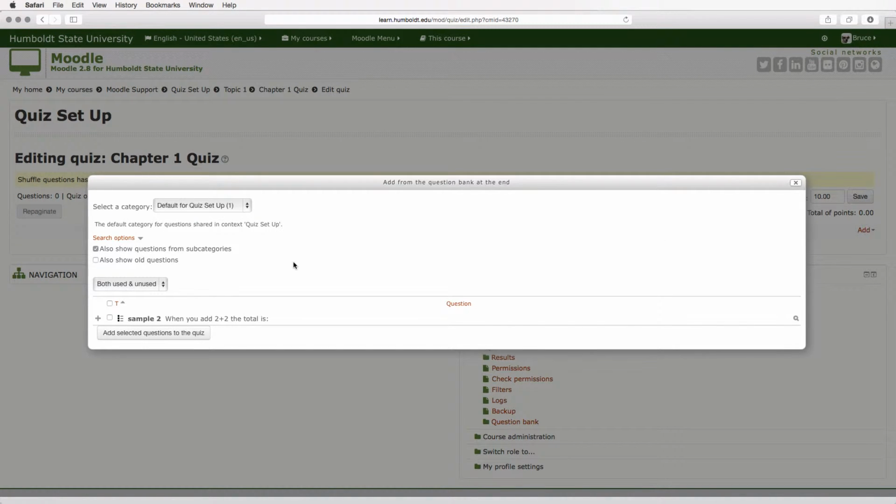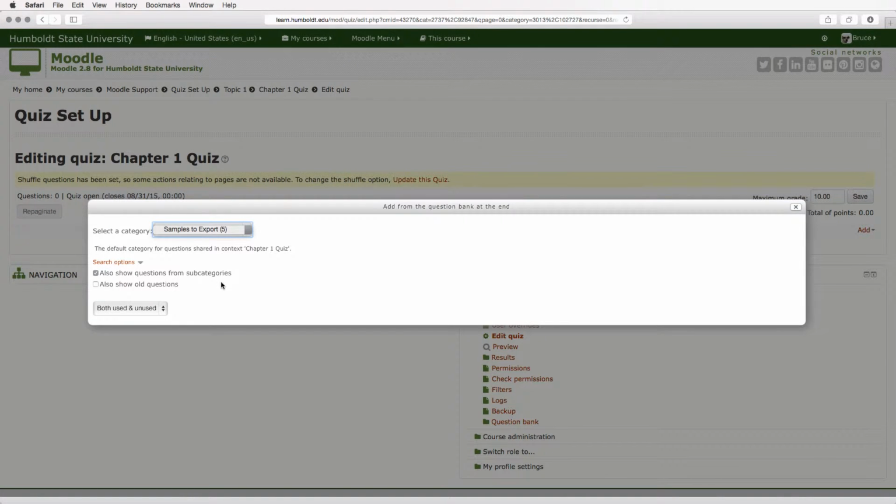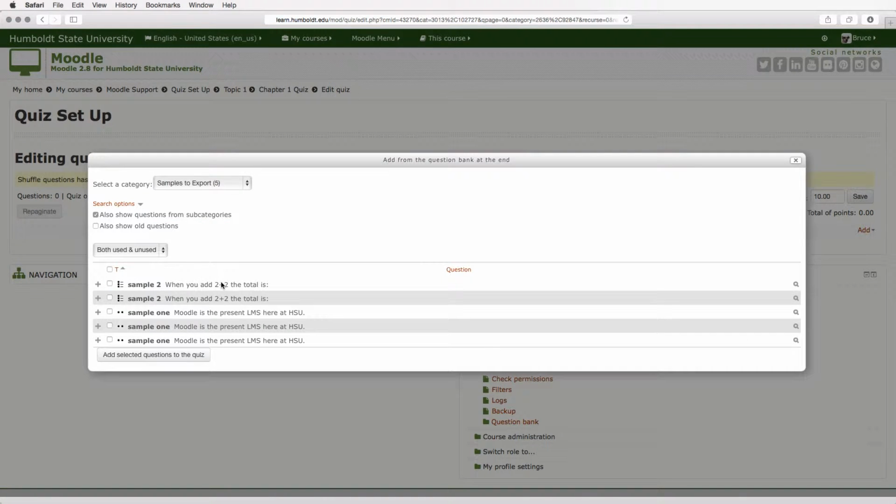These are the categories that we set up, and again, this is why they are so important. I'm going to select a category, and because we've been working around, I just want one with a lot of questions in it, so I'll click on that one. And when I do, I'm going to see the questions that are available. Notice different questions have different icons. Some people prefer to separate them by multiple choice, true and false, other by category. It's entirely up to you.